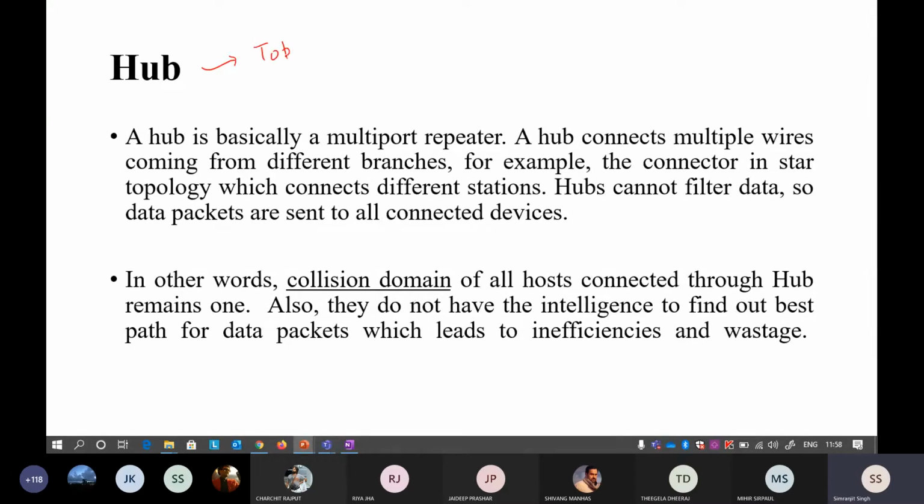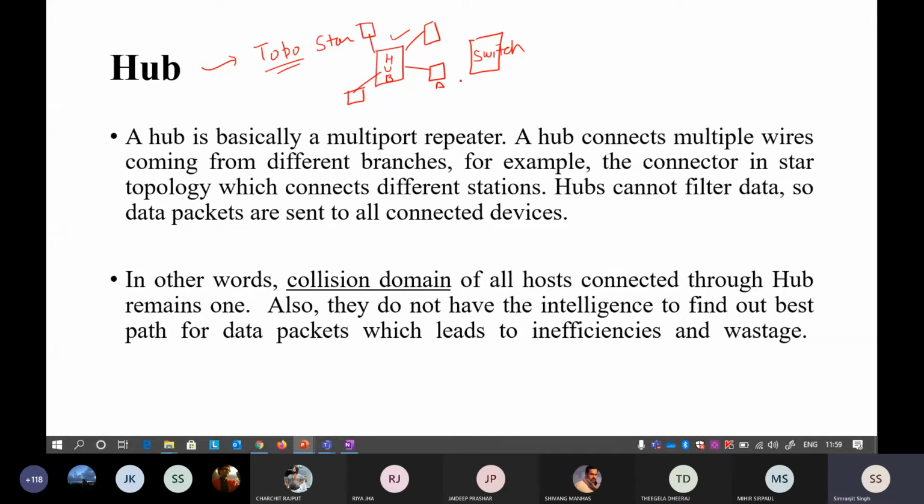Okay, so in your topologies, if you have seen, the third topology is your star topology. In the star topology, you may have seen in the presentation that there is something written as a hub, and every device is connected to it. In your lab, the instructor has shown you the difference between a hub and a switch. In the topology, you can use a hub, or in place of a hub you can use a switch, but there is a difference between the two.